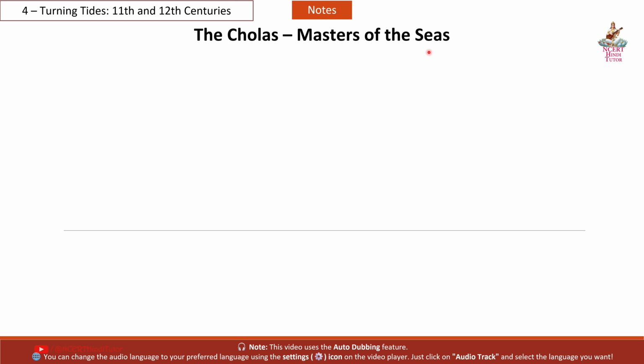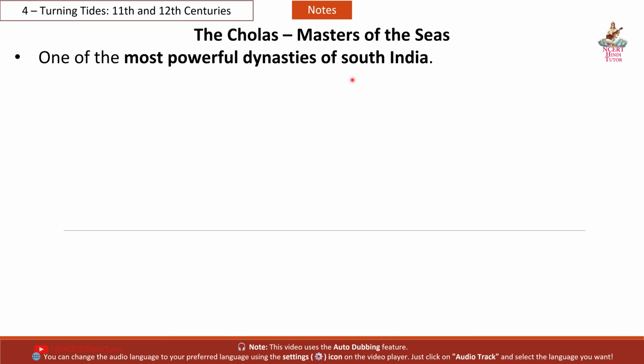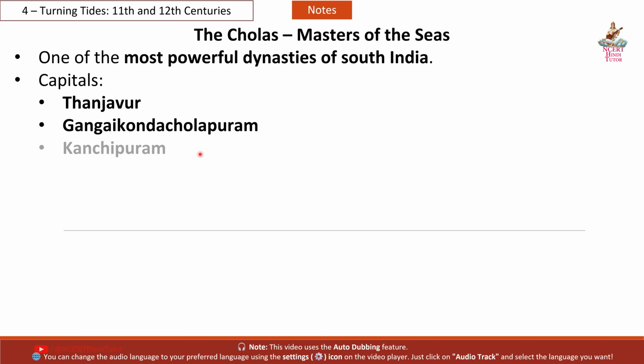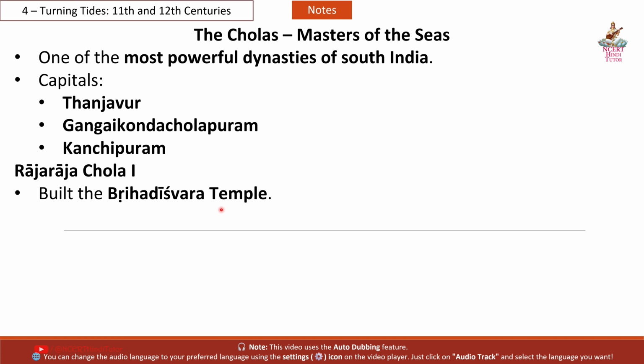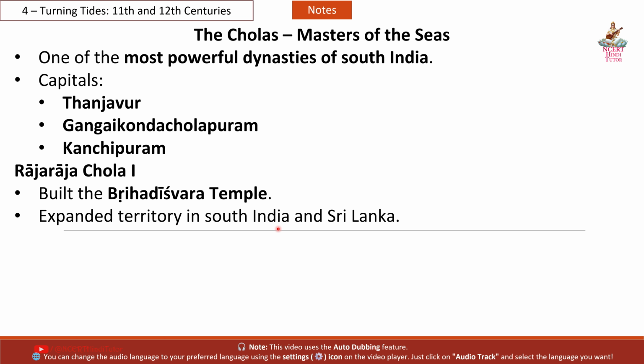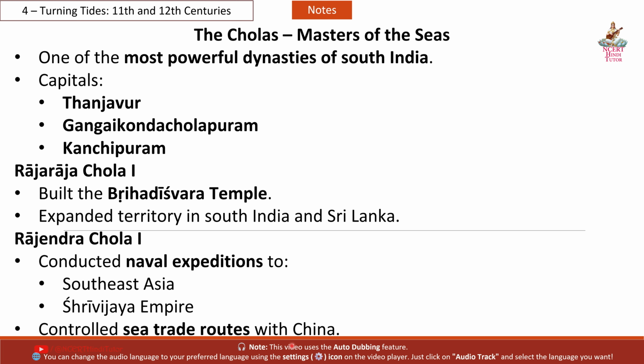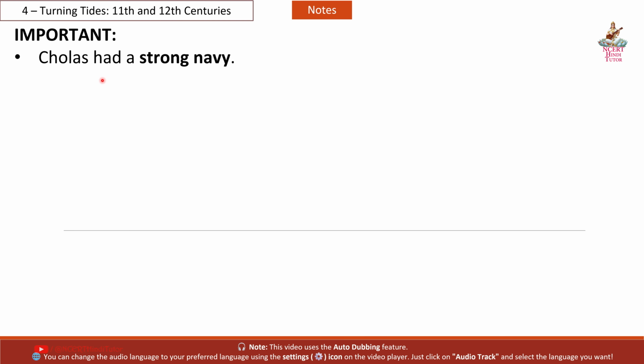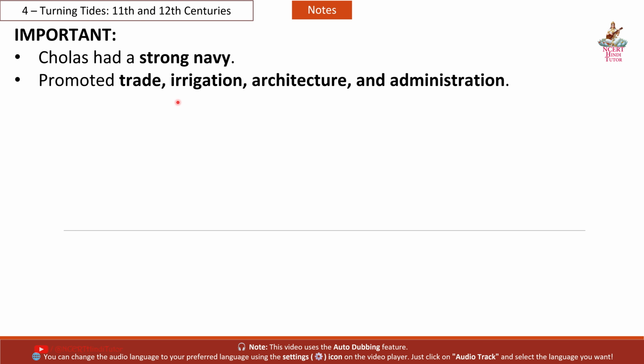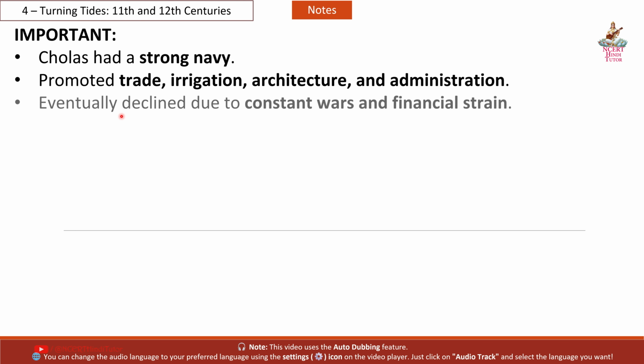The Cholas, masters of the seas, one of the most powerful dynasties of South India. Capitals: Thanjavur, Gangaikonda Cholapuram, Kanchipuram. Raja Chola I built the Brihadeshwara temple, expanded territory in South India and Sri Lanka. Rajendra Chola I conducted naval expeditions to Southeast Asia. Sri Vijaya Empire controlled sea trade routes with China. Important: Cholas had a strong navy, promoted trade, irrigation, architecture and administration, eventually declined due to constant wars and financial